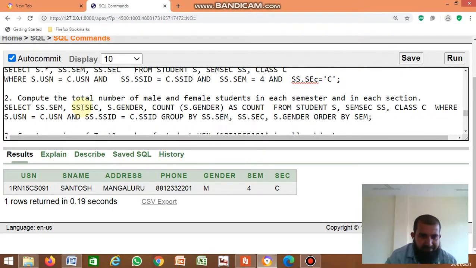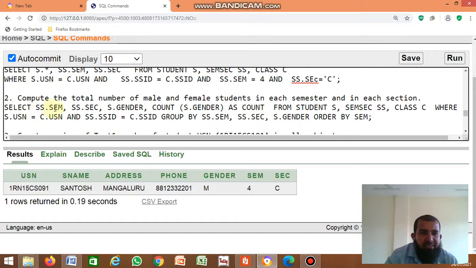The second one: compute the total number of male and female students in each semester and in each section. You have to count the number of male students and female students in each semester and each section.